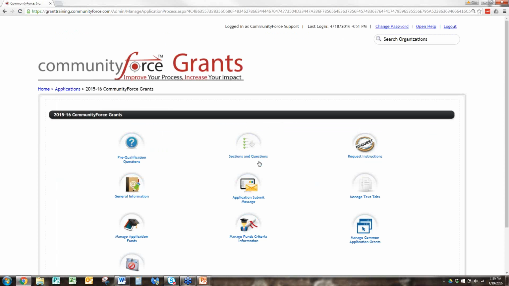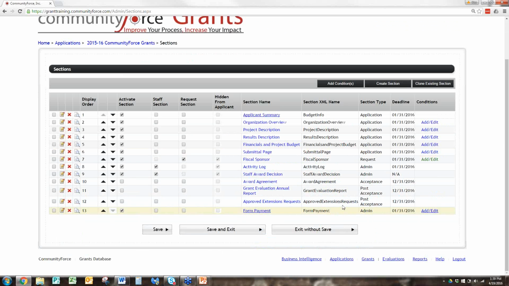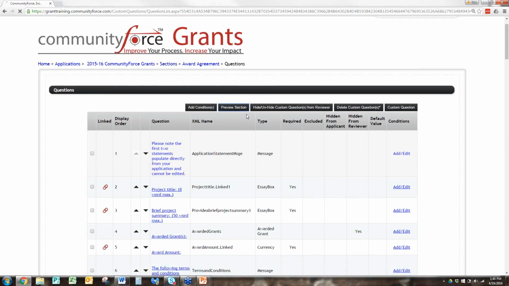And I go to the sections and questions because I want to look at that section. I want to see how it's built. Right now I have 3 different sections built in my specific application. I have an award agreement section. This is the section that I want my applicants to get once I've awarded them. I want them to get this section. And when I click on it, this is the section that's built. So if I preview it,